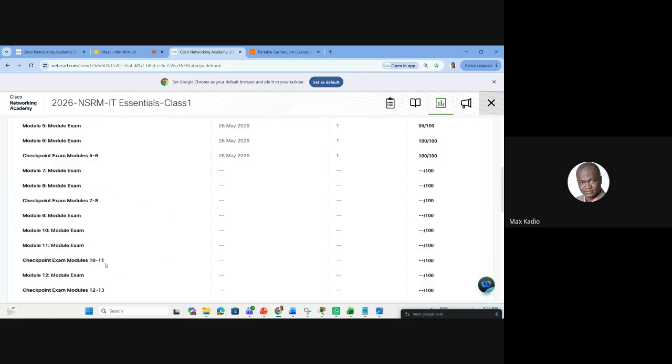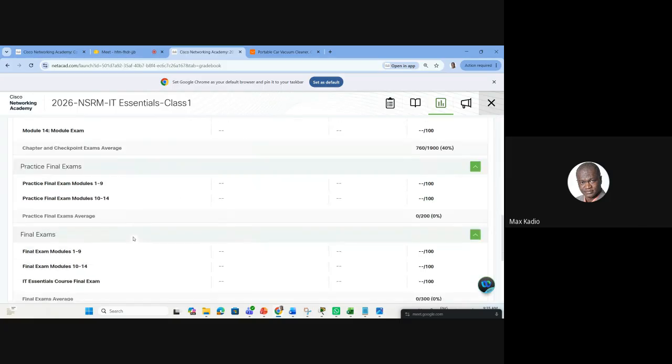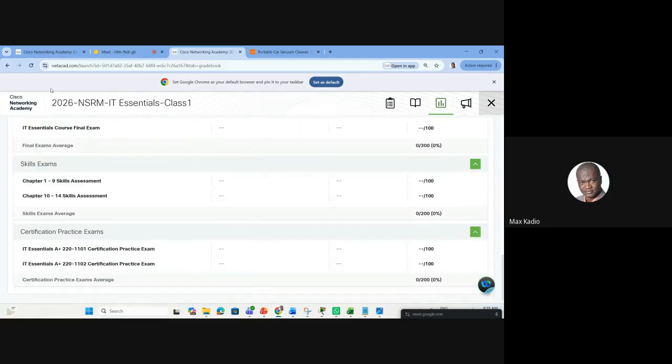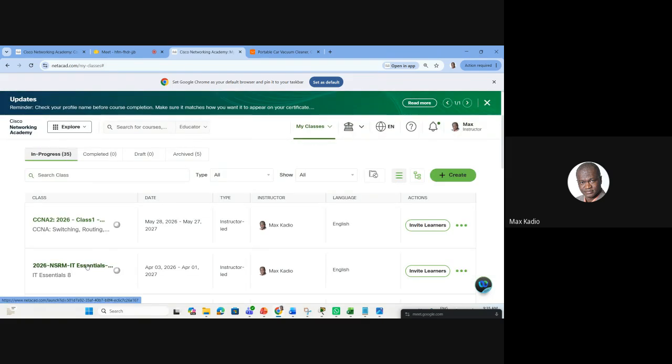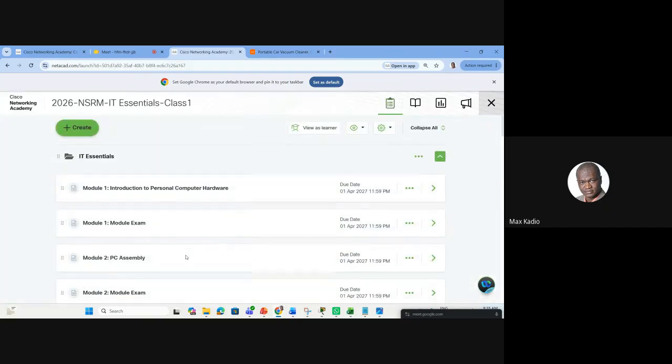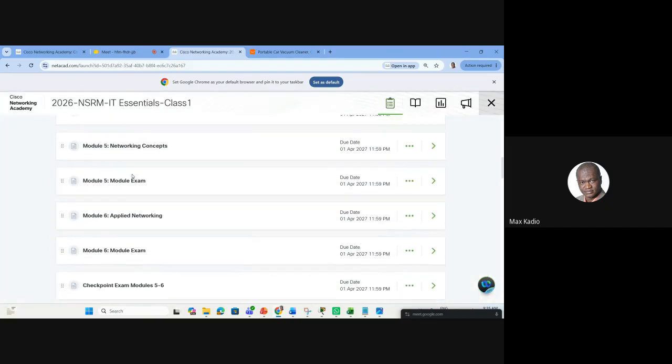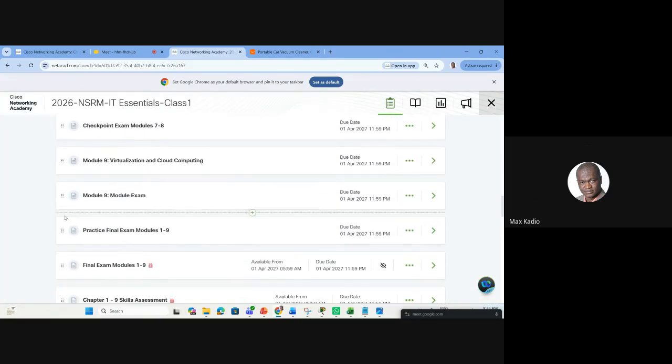Before our final exam, I will give 1 week free to prepare for it. So where to find your final exam? You'll find it at the end. I will activate it at the end of the course. So all of these chapter exams should be done.